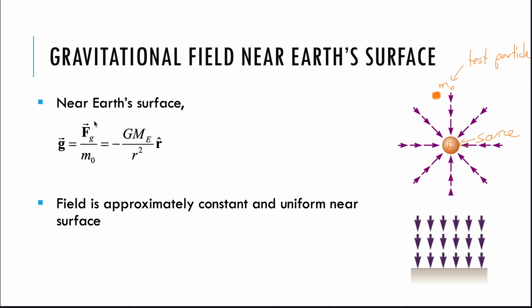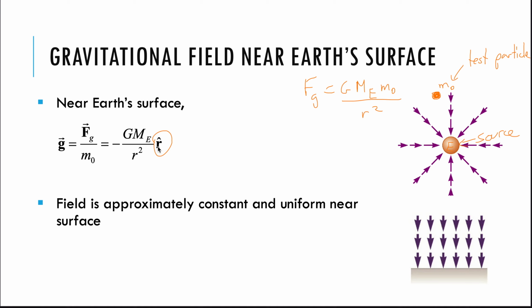So the gravitational field is the force experienced by the test particle divided by its mass. Now, what is the force experienced by this test particle? The force is G, the mass of the Earth, times the mass of the test particle divided by the distance between them squared. This is the gravitational force. So if we divide by the mass of the particle, it cancels out, and we get left with this expression here. Near the Earth's surface, g equals negative G times the mass of Earth over the distance squared,